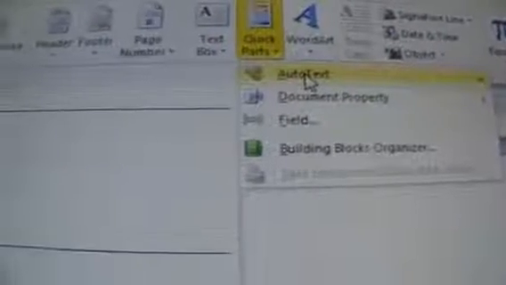Apart from the text box on that group, we have what you call the quick parts. Under the quick parts, we have auto text. If you have typed something, you'll be able to find that when you click it, the text is able to come. You don't have any auto text here, so it will not show. Then from there we have the document property.